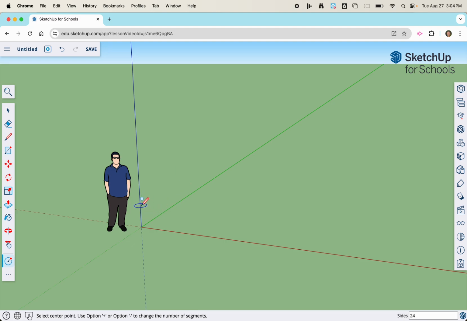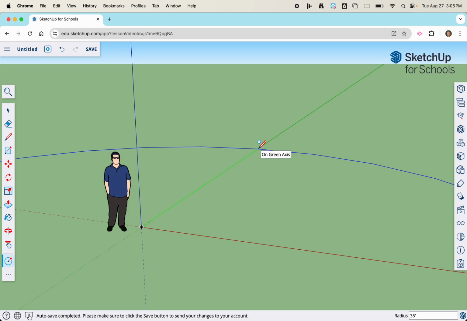Then, where this blue line, the green line, and the red line all come together is called the origin. We're going to let the pencil snap to the origin. You're going to press down to click with the touchpad on your Chromebooks and then release, as in click and let go. So we're not holding the touchpad down. You're just going to take your finger and move it across the touchpad out here so that the pencil is somewhere on the green line. It can be anywhere. It could be all the way down here this close. It could be all the way out here, as long as it's on the green line and says on green